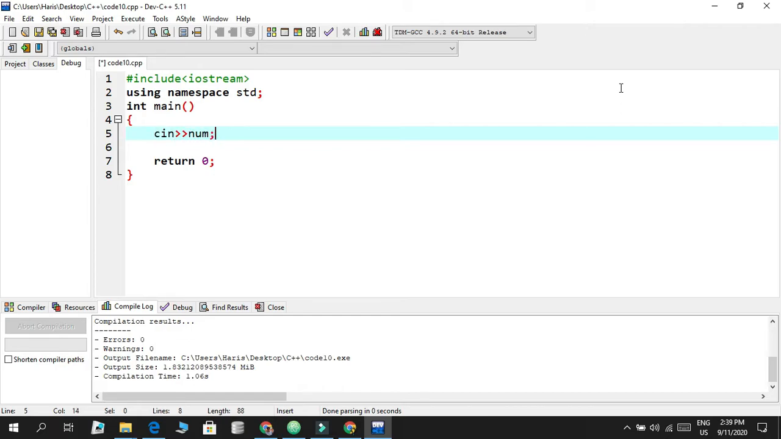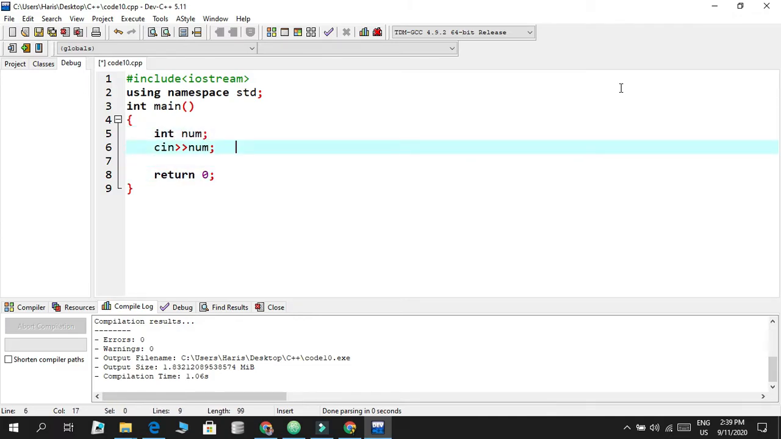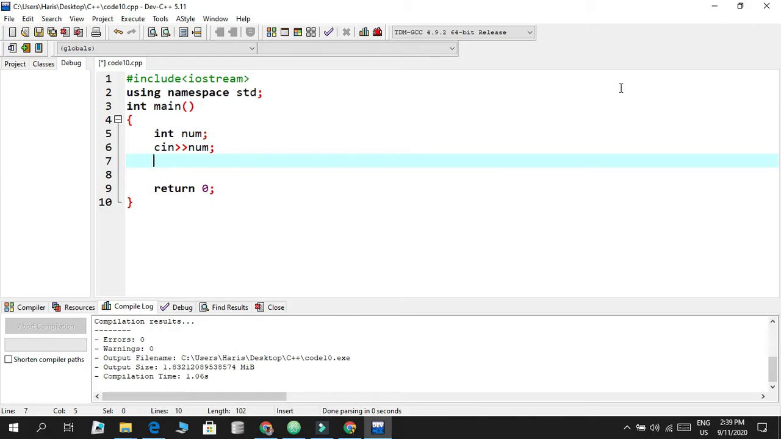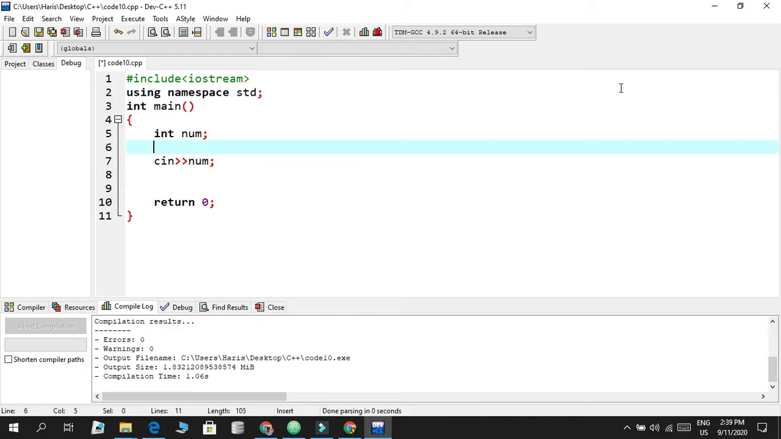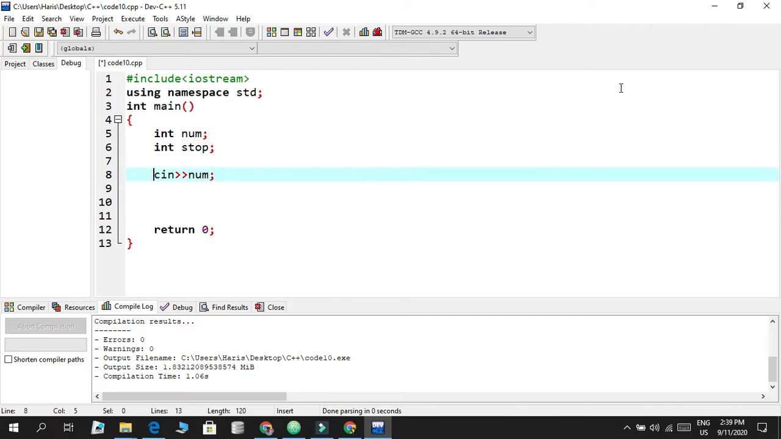So first of all, if we want the number of the table, we basically say num, and then I want a stopping number, a number where you want to stop the table, like commonly 10. So I say stop. So I could print out cout number,